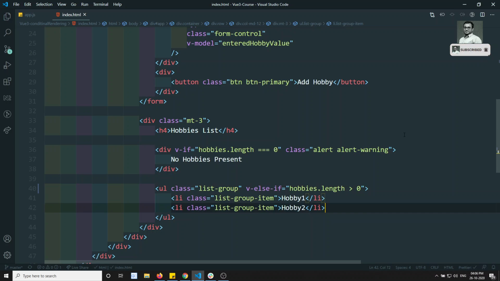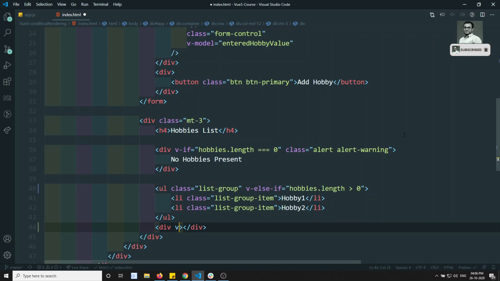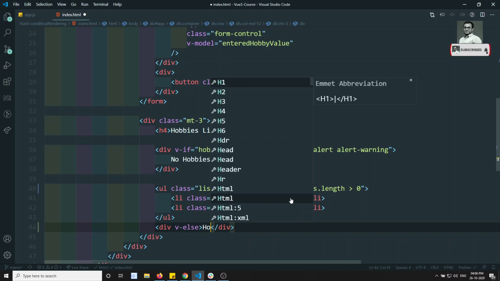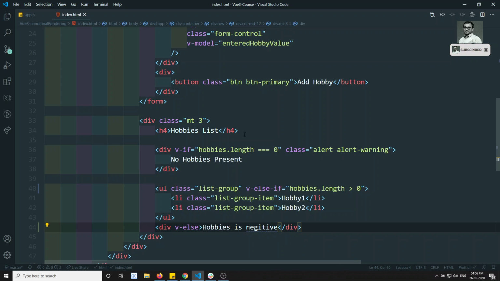And last you can write another div which will not be true all the time. So here less than -1, if -1 then this condition will come. So hobbies is negative or something like this we can write. This condition will never become true, but I am showing you that the if, else if, and else conditions are also there.